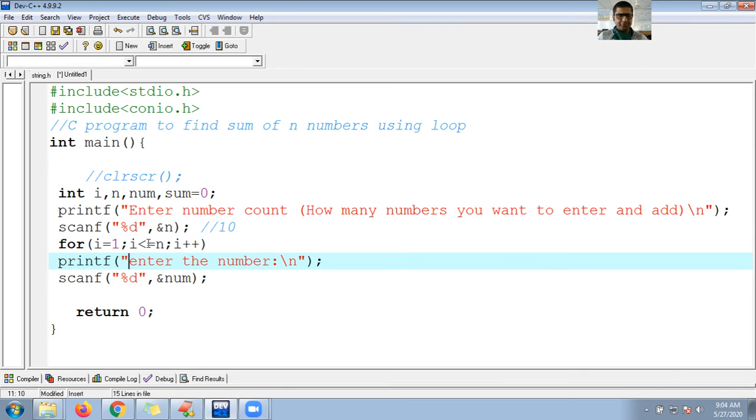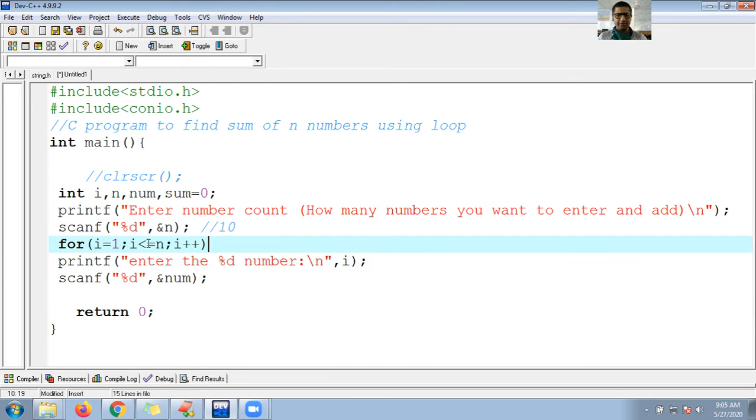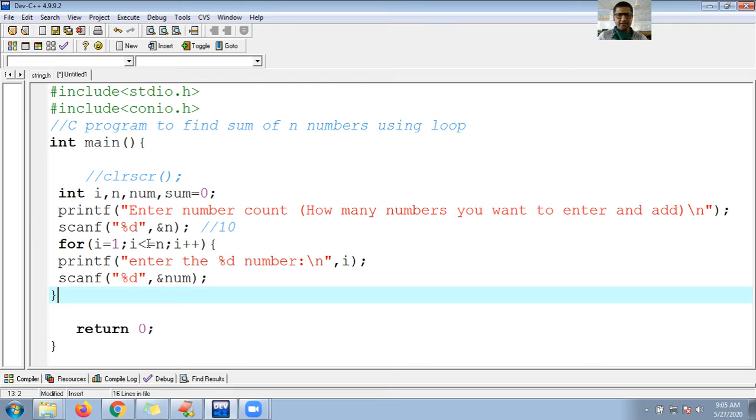Okay, so here let me show you, enter first number. So here let me show you for %d, and let me type here my count is i. Okay, fine. So enter the first number, enter the second number, enter the third number. Suppose if I enter 10 numbers, if I enter 10 counts, I have to repeat these statements 10 times. So for that sake, I give the message, enter the first number, enter the second number, enter the third number, like this. Okay, fine.